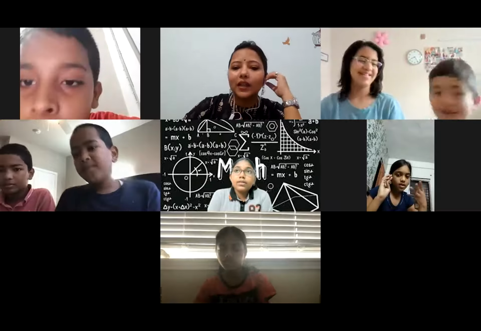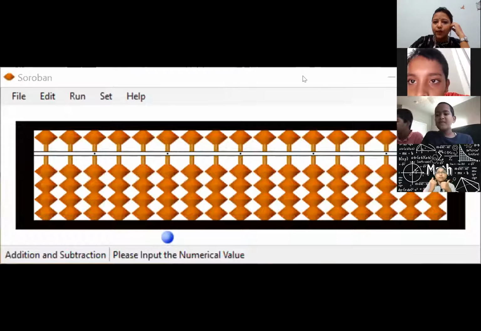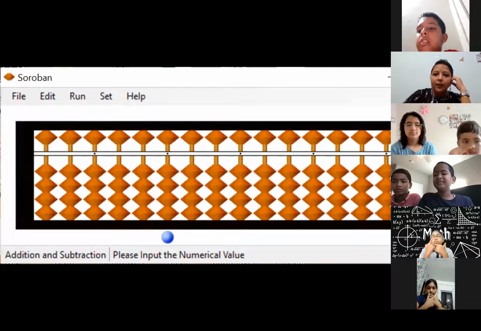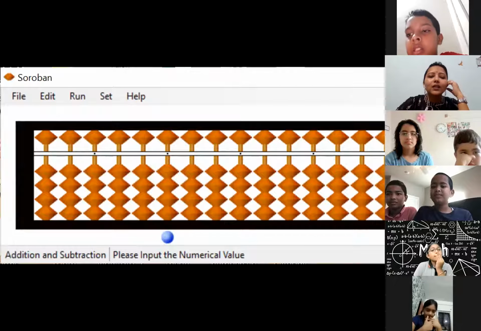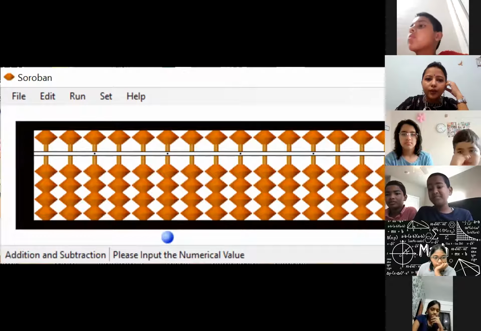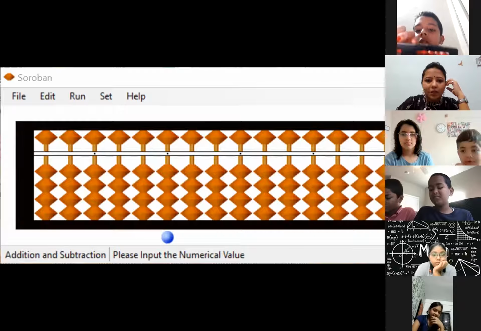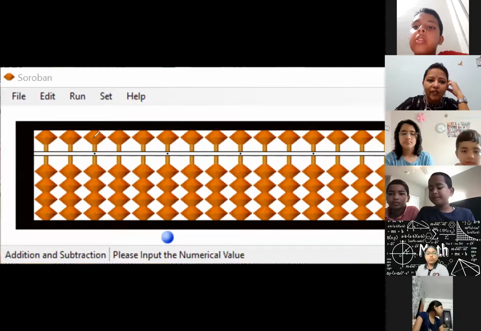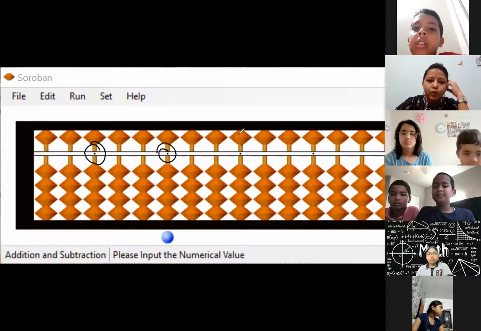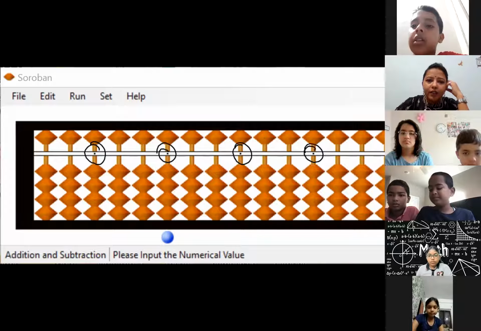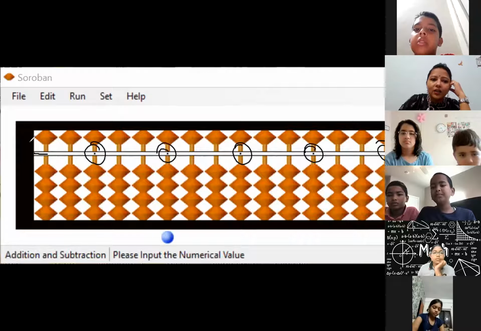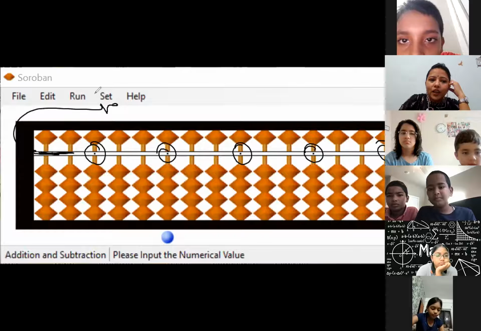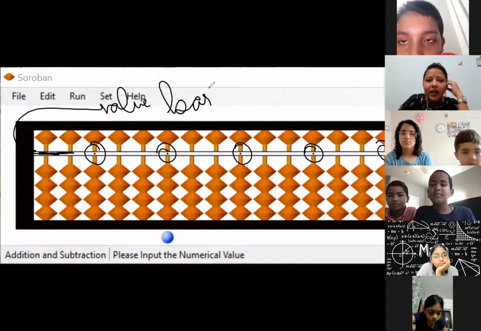Now I'm just sharing my tool, so that I'll be telling you numbers of the tool. So this is my tool. And on tool, as I told you, we always start from the center rod or center dot. Can you see the 5 dots? 1, 2, 3, 4, 5. There are 5 dots on the value bar. This line is known as value bar.